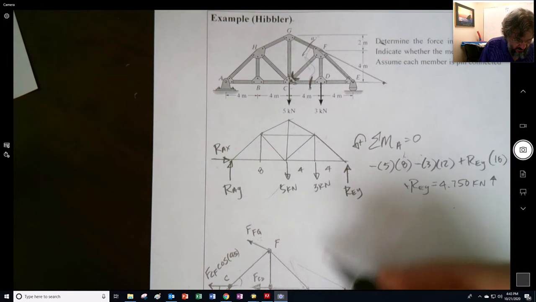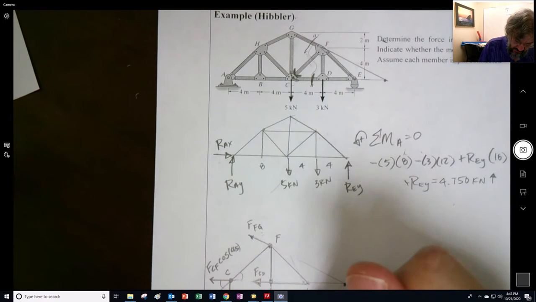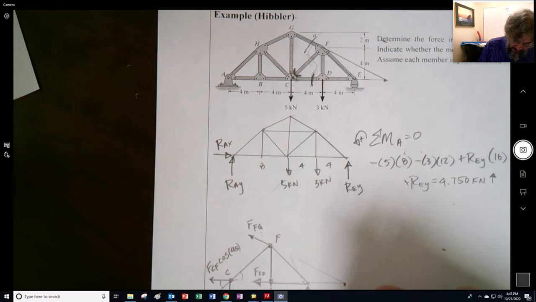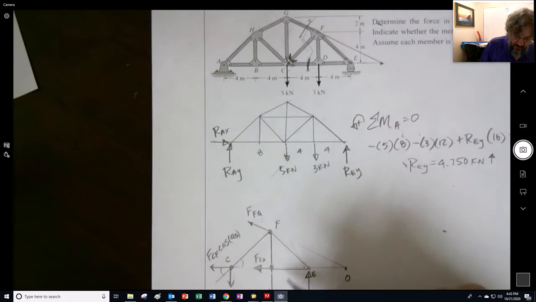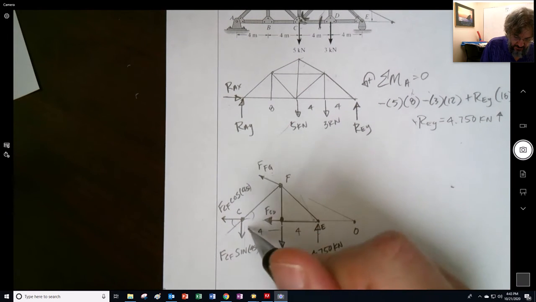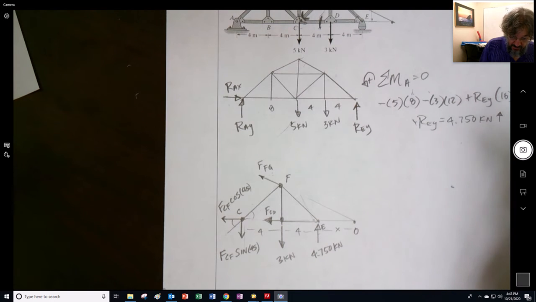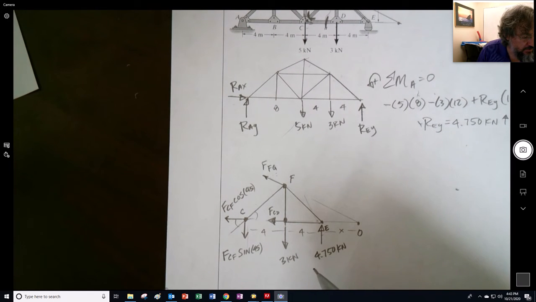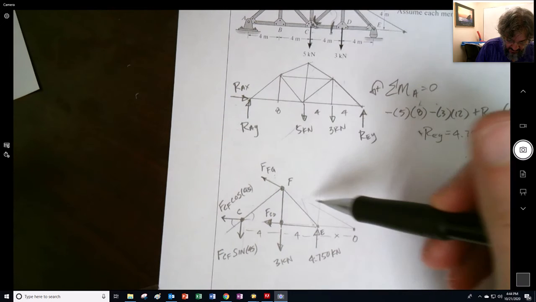Where else? I think I also need to put in this reaction, so I drew that E in the wrong spot. Right there. So I found that was 4.75 kilonewtons. Label that as E. This distance right here is 4. This distance is 4. We don't know this distance, but we are able to project out, and we know that